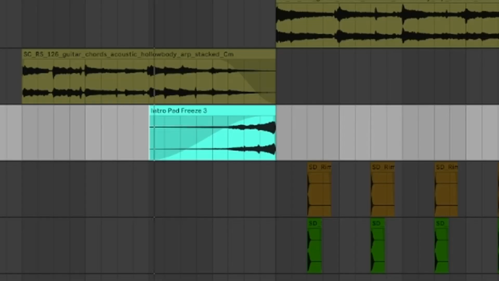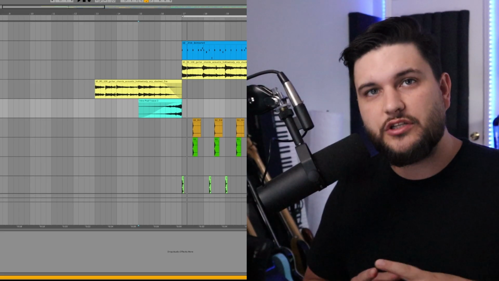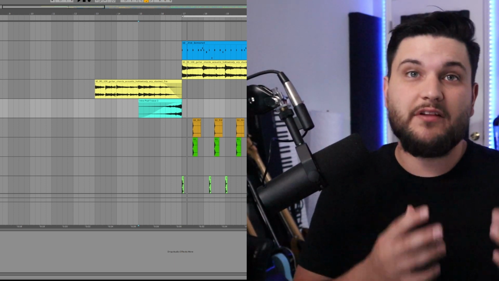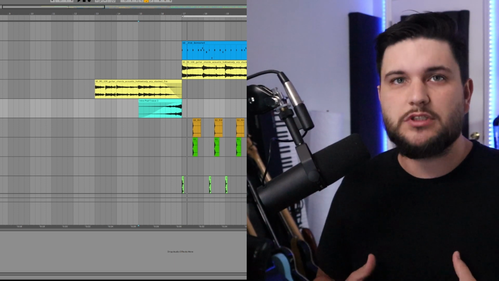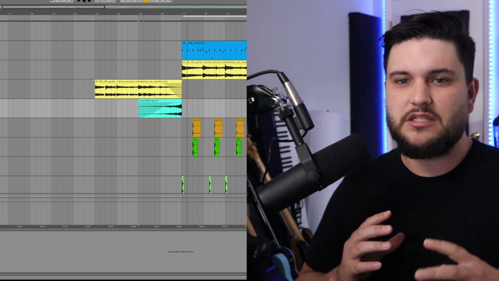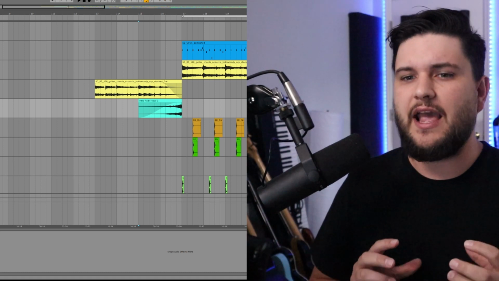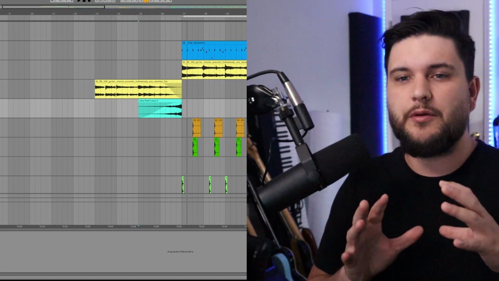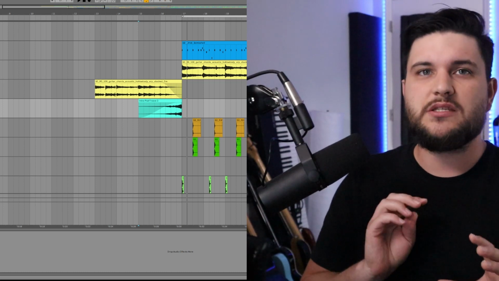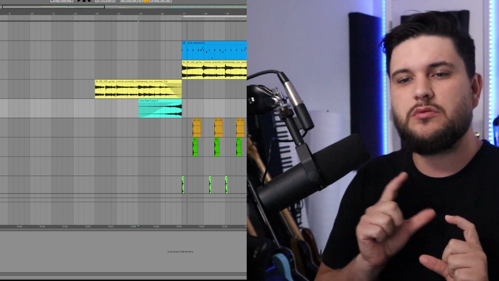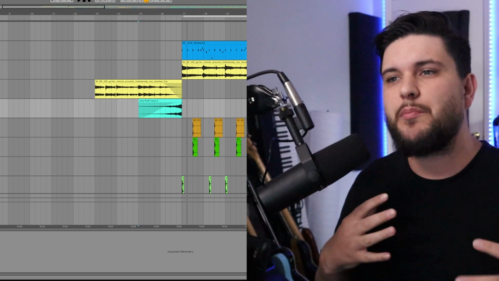And that way, when it comes into the actual verse, it's brighter and it feels like it kind of opens up into something. And then for this reverse pad, I actually use something that's new to Ableton Live 11, and that's called Spectral Time. It is a delay kind of plugin with a freeze button on the plugin. So it allows you to freeze certain sections and it'll continuously loop it and turn it into almost a pad-like